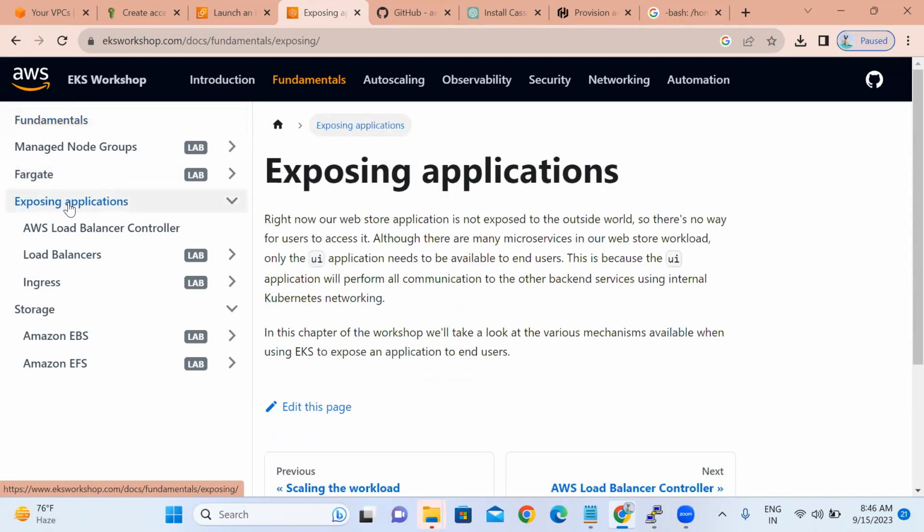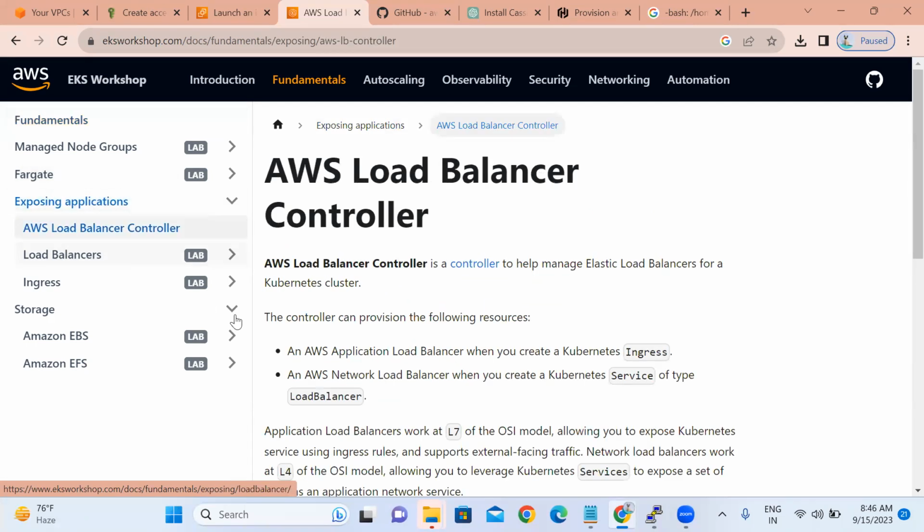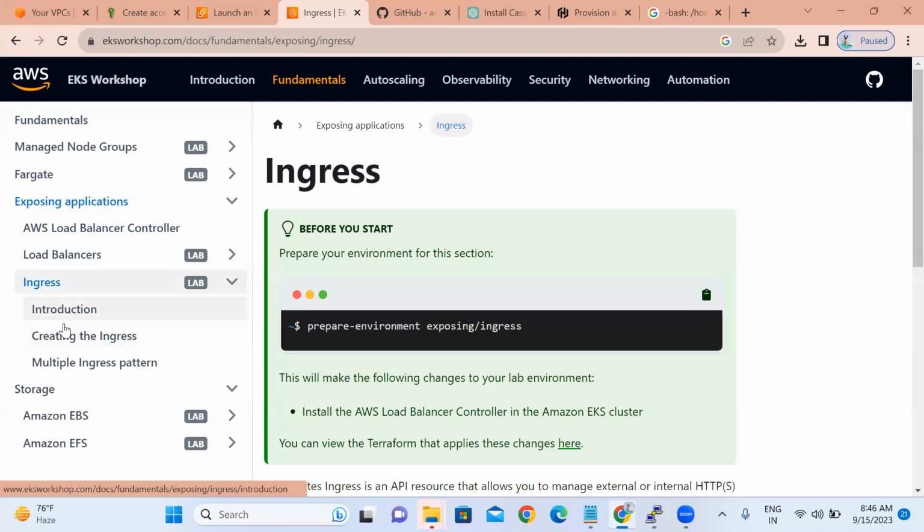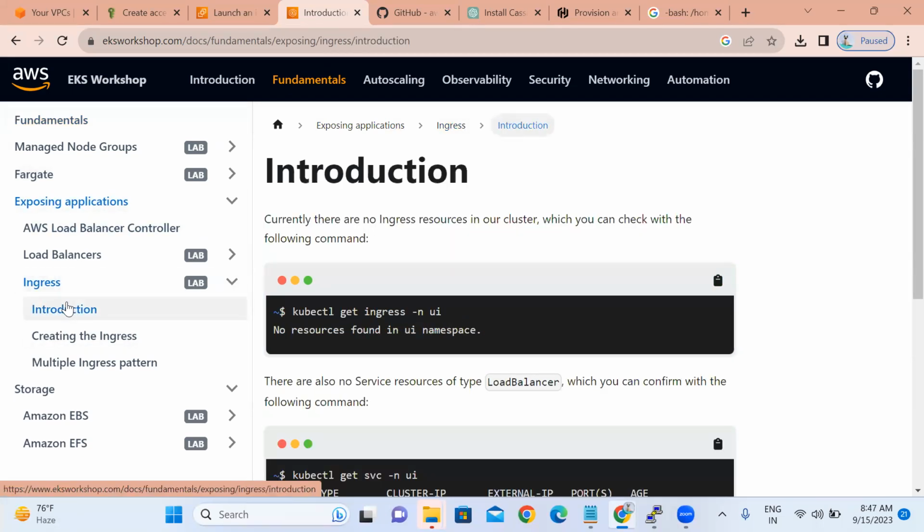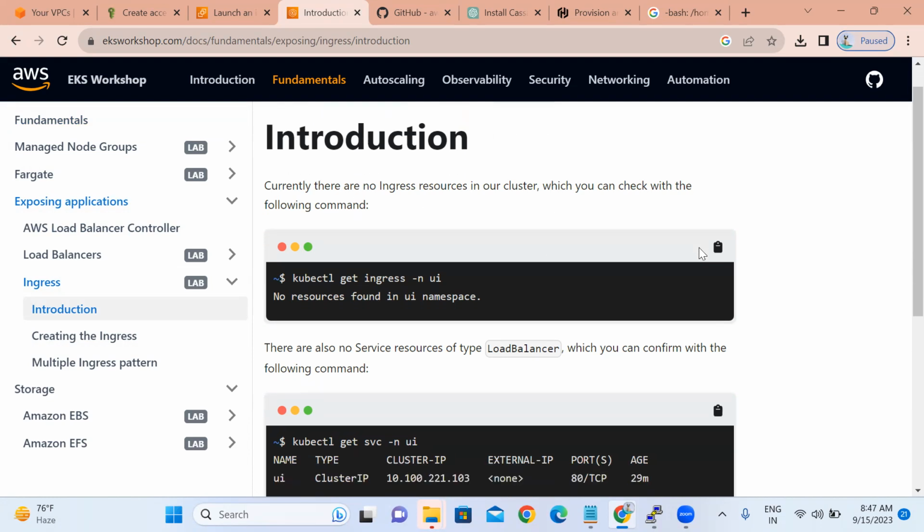Then in order to expose the applications, use a load balancer or ingress. Okay, so these are the labs. Everything is in that GitHub repo itself. You just type these commands in your Cloud9. Today, spend some time on how to provision the cluster through Terraform and through Cloud9. Then download that repository,